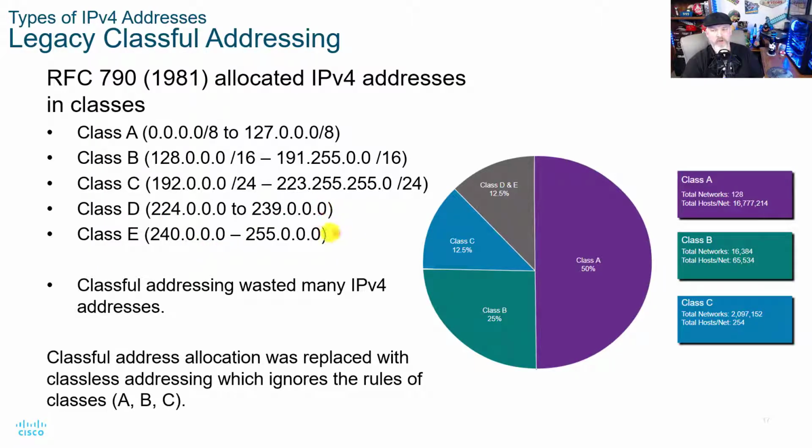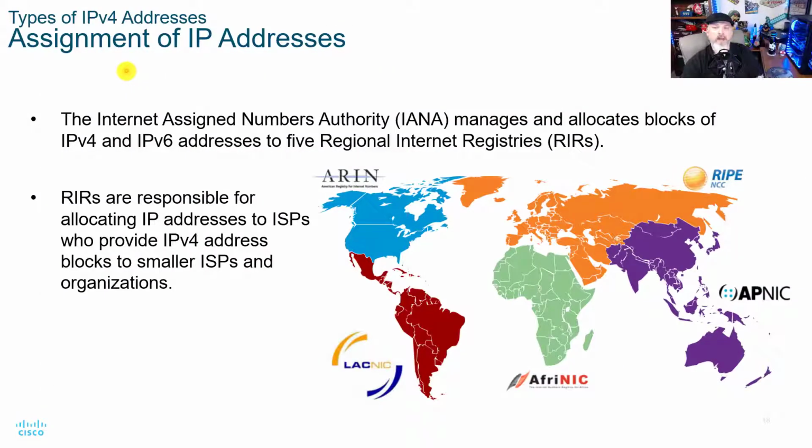Even though these were never used in production, you may still have someone that asks you a question on what class an IP address is in. The proper response is to say, in today's networking world, we no longer use classful addressing. It's been replaced with classless addressing. But the answer to your question is, that's a class B address. So you know the answer, but you're also correcting them and letting them know that we don't use classful addressing anymore.